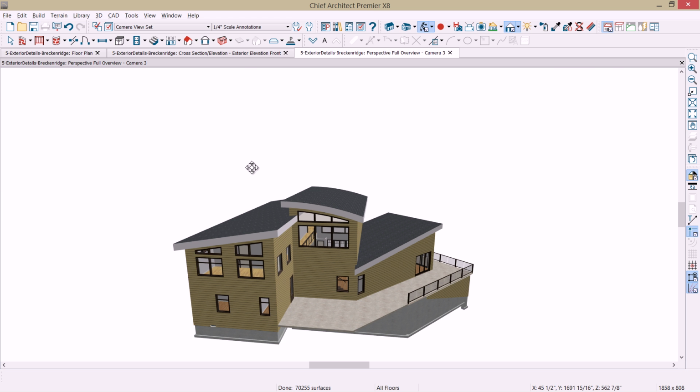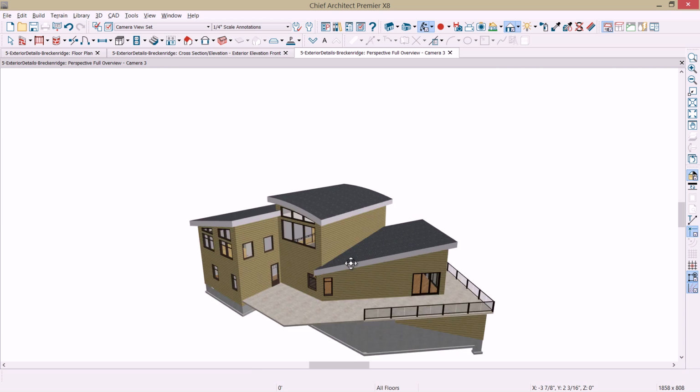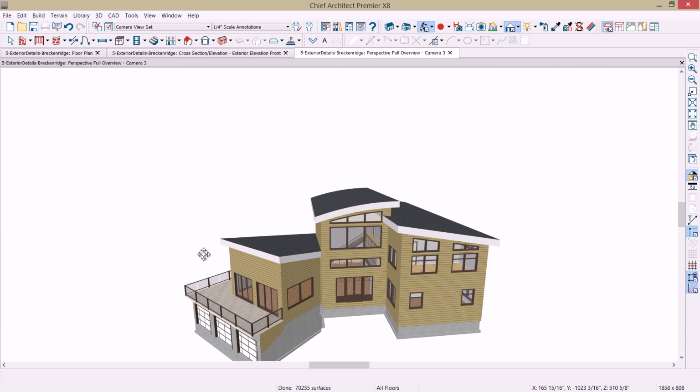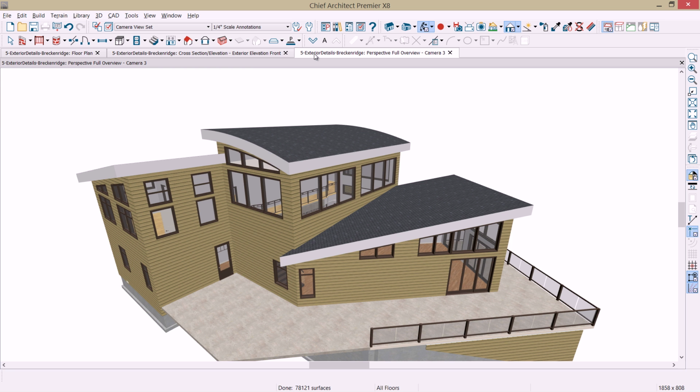I'm going to skip ahead. I'm going to place the other windows in above the kitchen on the front and the side, and doing the exact same operation. I've placed all of the remaining windows, and the windows that are actually above the kitchen in this area right here were somewhat difficult to place, and I wanted to show you a couple of little tricks